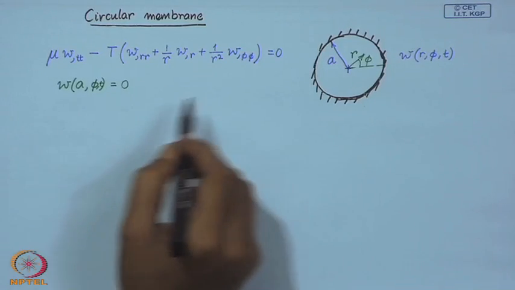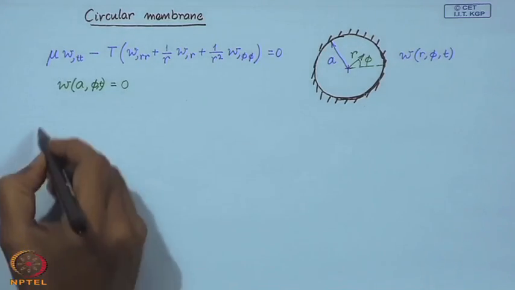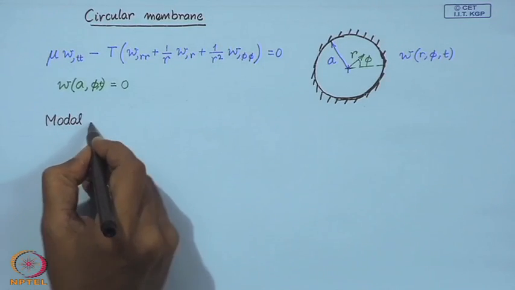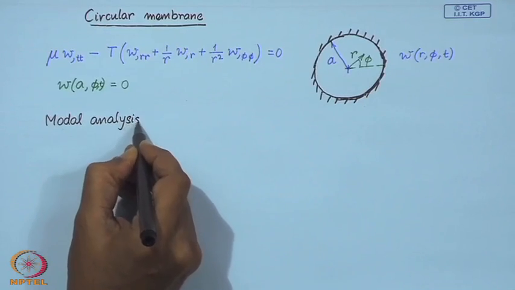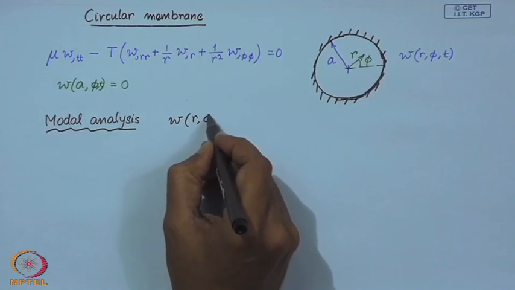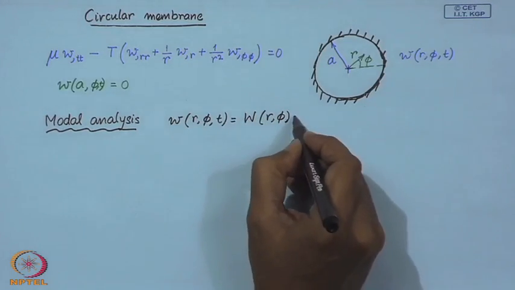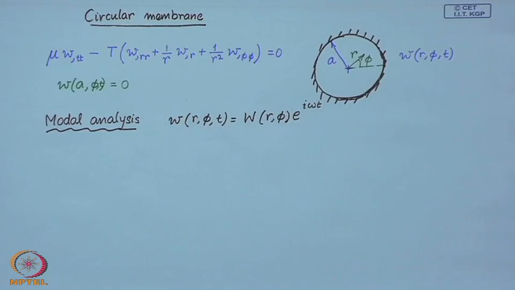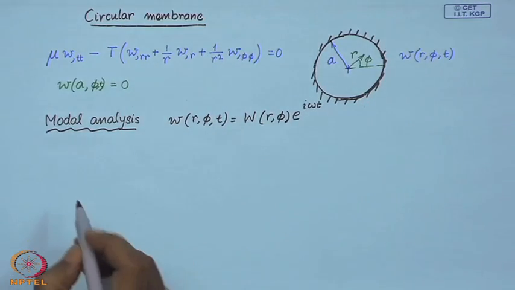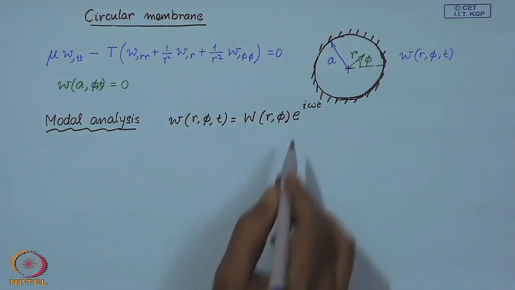So, we will be looking at the modal solutions of the circular membrane. We are interested in solutions of this structure. If I substitute this solution in the equation of motion and in the boundary condition, and I do a rearrangement by removing this exponential, e to the I omega t,